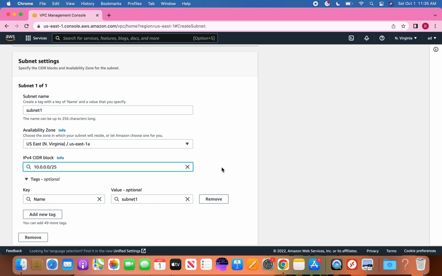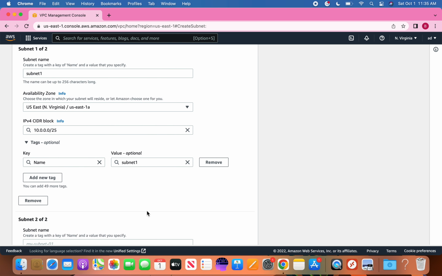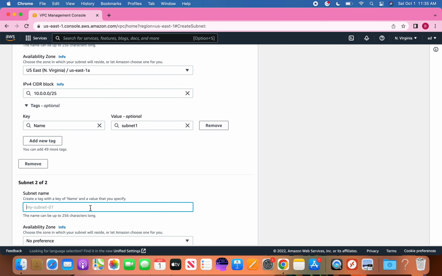So what will happen, if you see, 32 bits are there in total, out of 32 bits, 25 bits are reserved. So what we can do, 128 computers can go in one subnet, and 128 computers go to another subnet. So basically what we are saying is, let's create another subnet, add new subnet. If you create this subnet, let's say we set subnet 2,